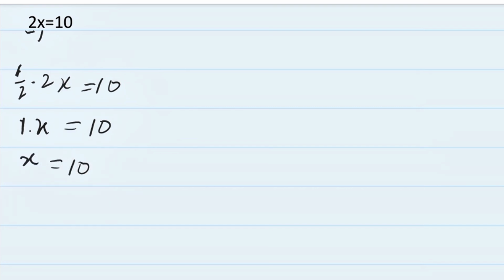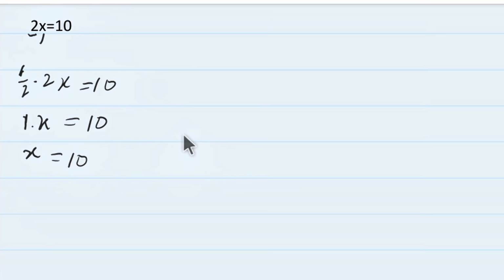But we also know that to balance the equation, we have to multiply 1 over 2 on the left hand side as well. So what will 10 into 1 over 2 be? 10 times 1 will be 10 over 2. So 2 ones are 2 and 2 fives are 10. So we will be left with 5, that is x is equal to 5.